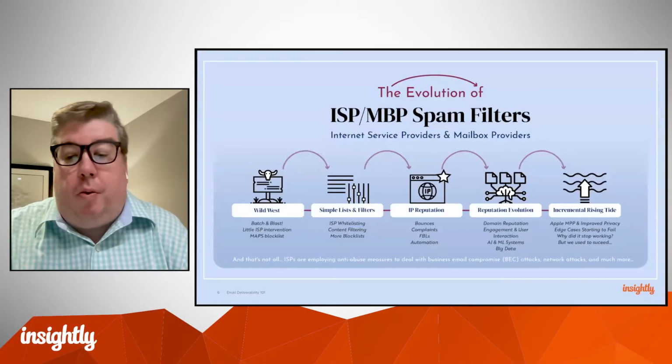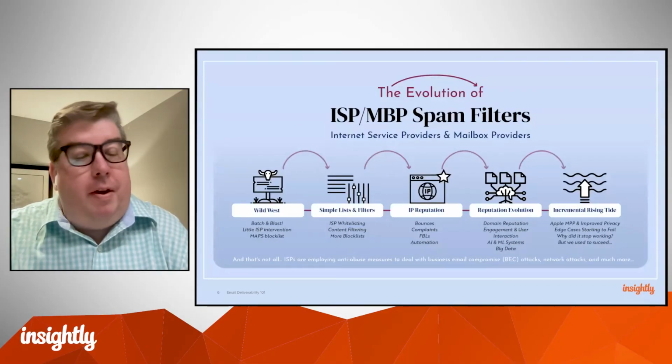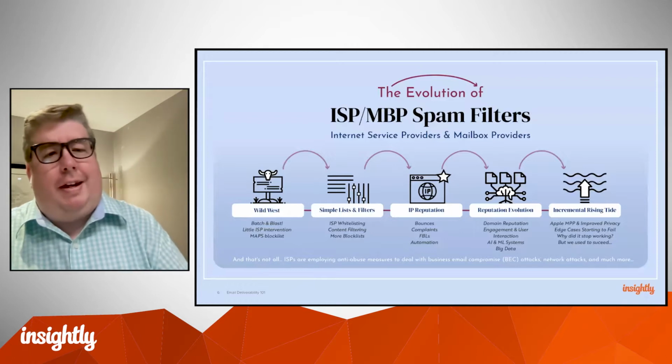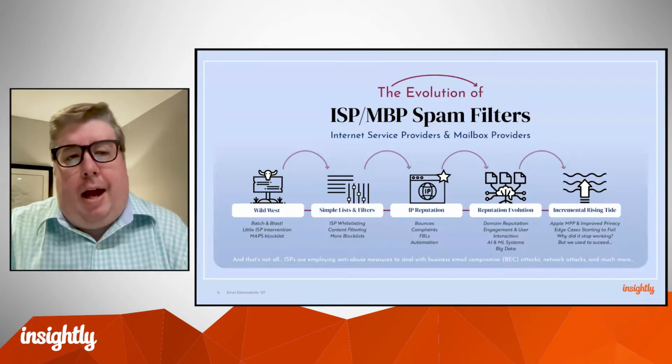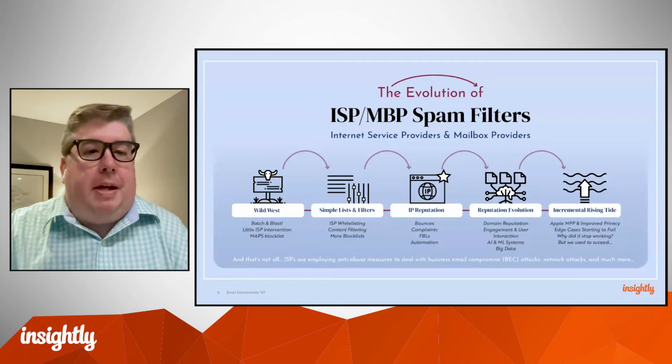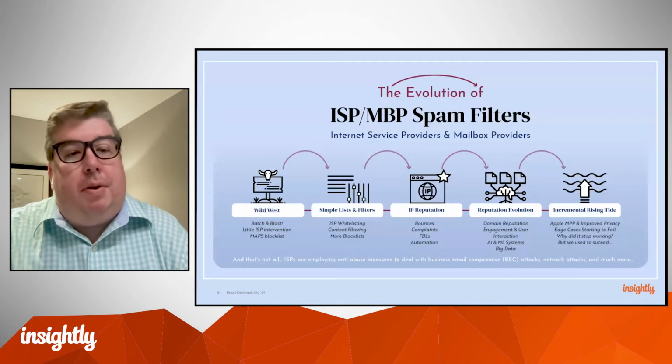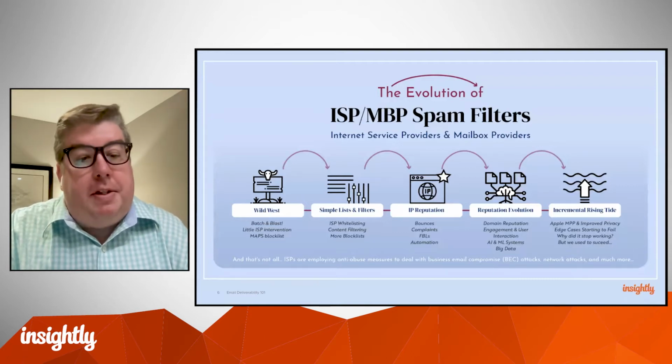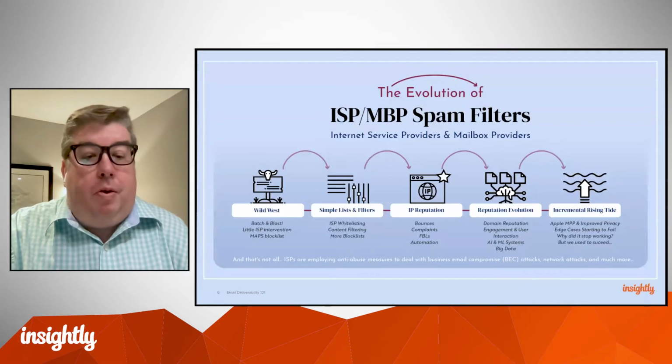Over the past 25 years, ISP spam filters started out with a very basic approach, trying to measure and block spam, blocking lists of bad guys based on their sending IP addresses, doing simple keyword blocks to try to block words showing up in spam. And that's evolved over time through a whole series of stuff.